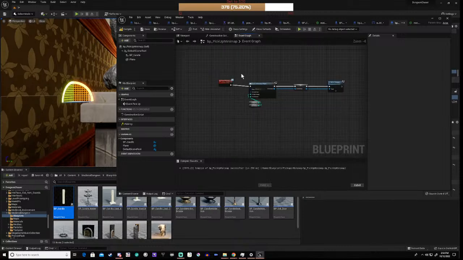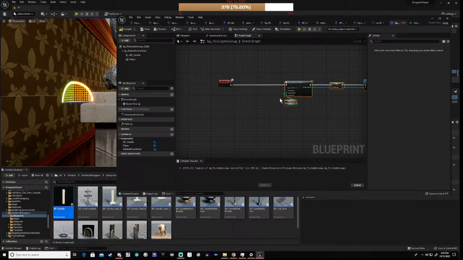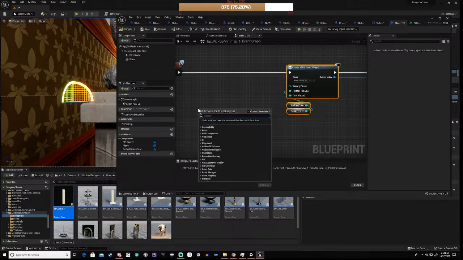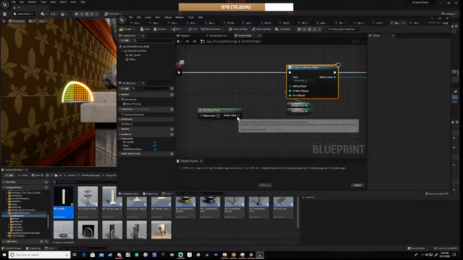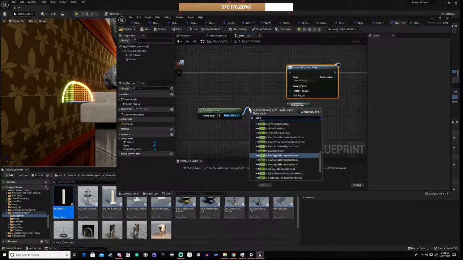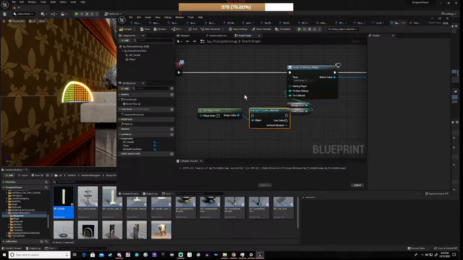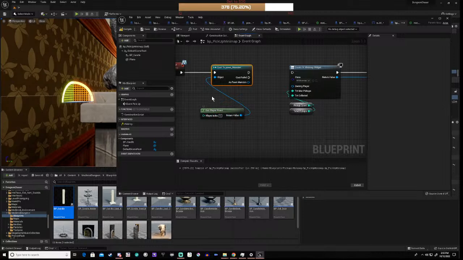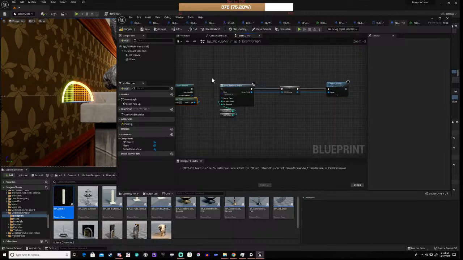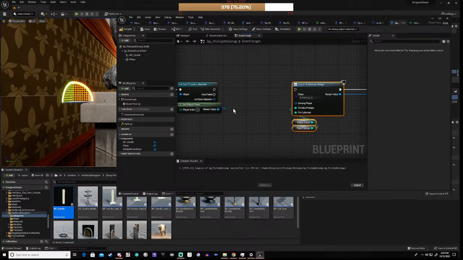Now this is going to fail because we don't have these two variables, but if we do get player pawn, then we cast to pawn mansion, right,